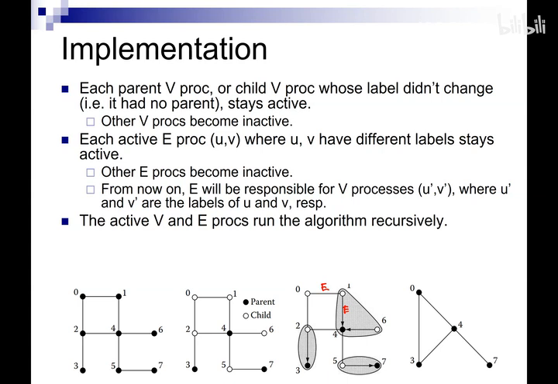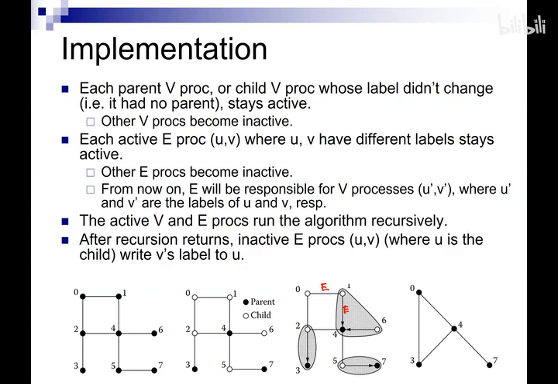Then the active vertex and edge processes are going to continue running the algorithm recursively. In the end, after the recursion returns, some of these inactive edge processes actually need to become active again, and they need to write. They need to help propagate the labels. So for example, if all of these processes eventually got merged down to this 4 process,